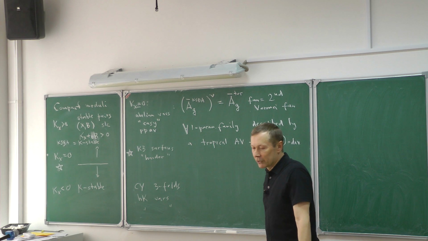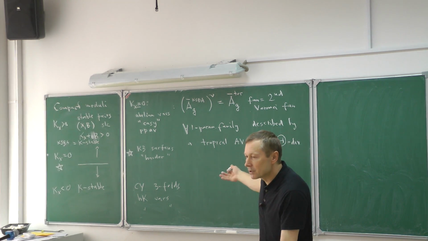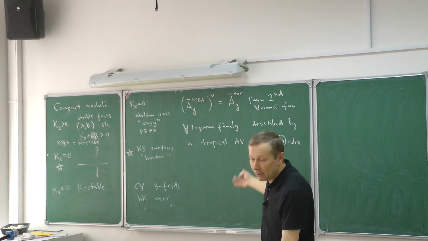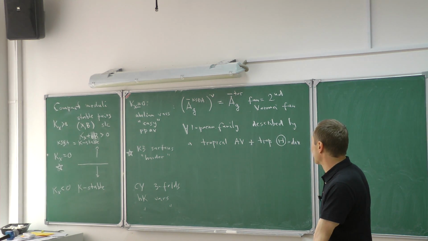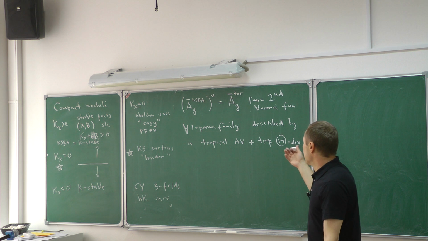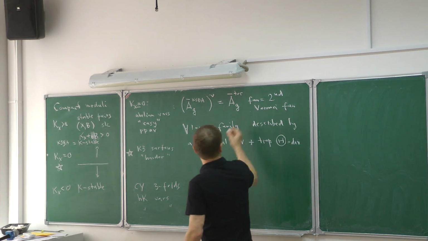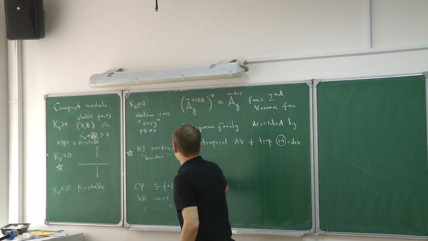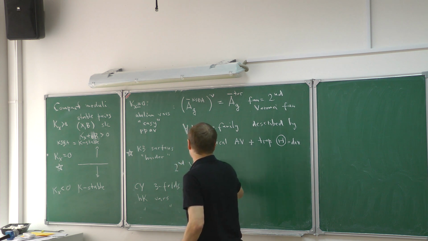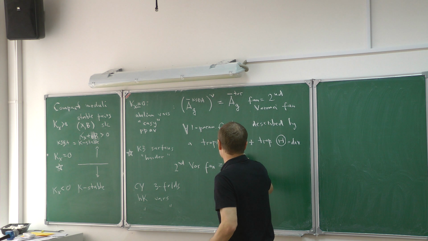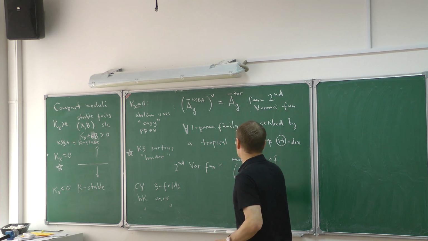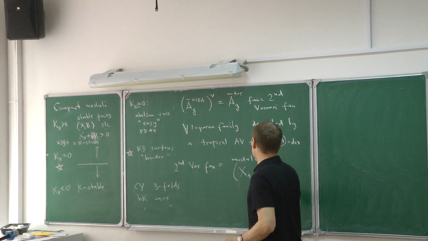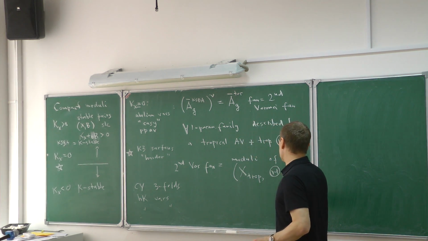It was known 100 years before. I mean, these objects under different names were known 100 years ago. But anyhow, now people call them tropical varieties. And this second Voronoi fan is really the moduli of these pairs, a tropical abelian variety with a tropical